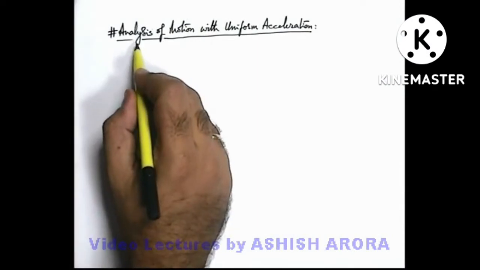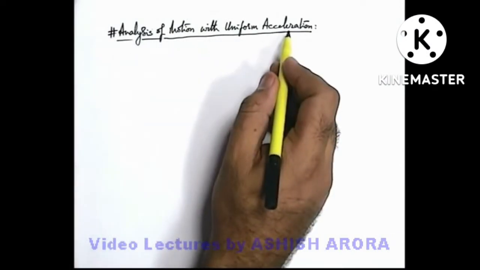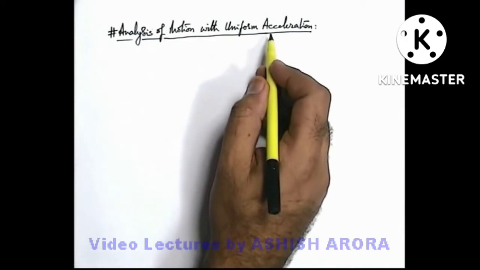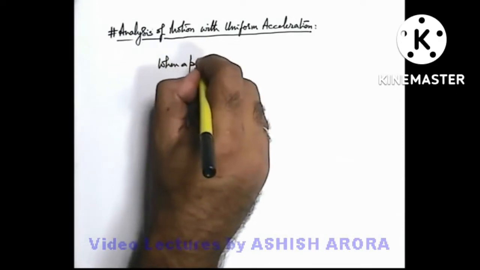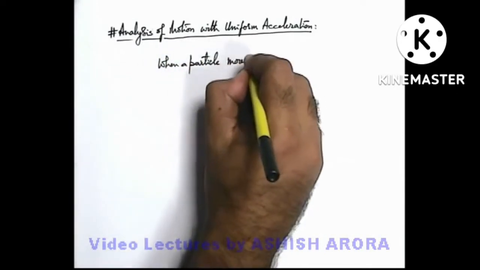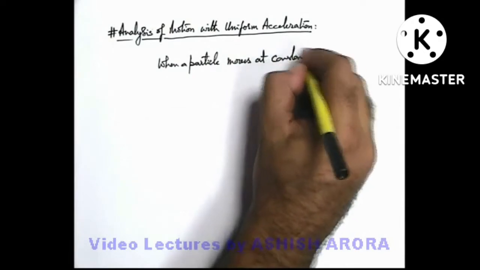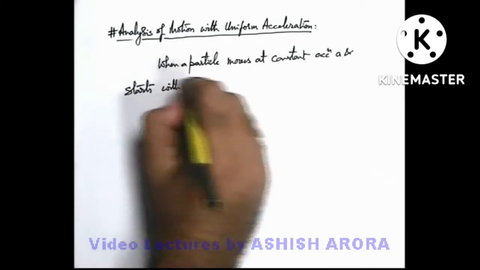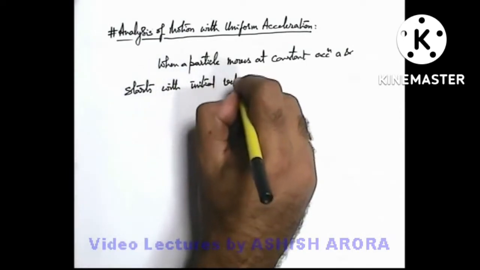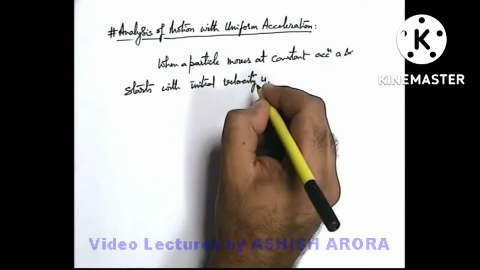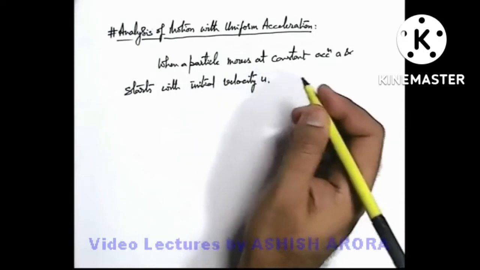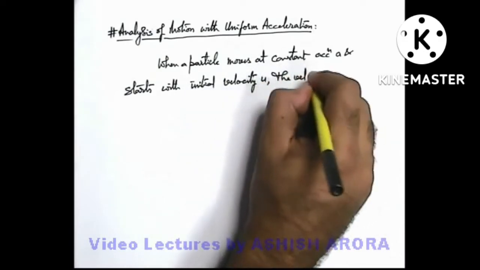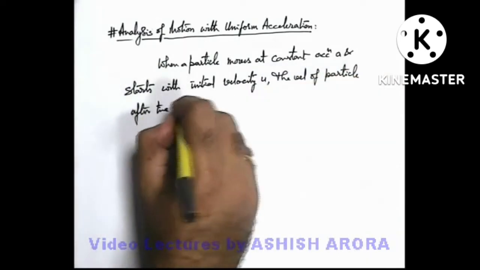Now we are going to discuss the motion analysis with uniform acceleration. So when a particle moves with uniform acceleration in rectilinear motion, we can simply state, say when a particle moves at constant acceleration a and starts with initial velocity u. Say we are required to find the velocity at a general time, you can simply state the velocity of the particle